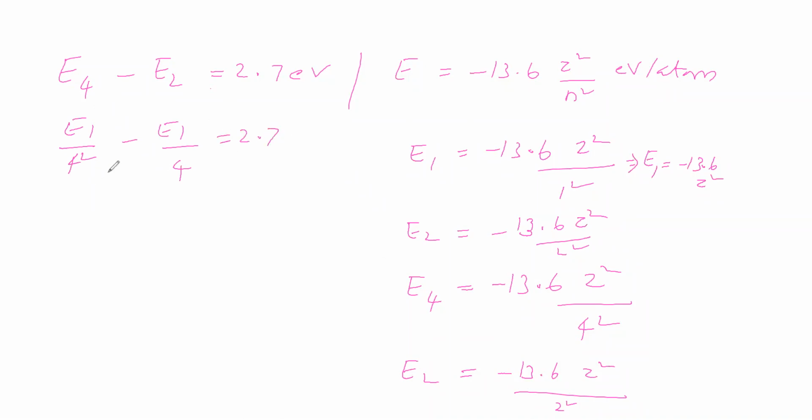Okay, sir. From this what can we calculate? E1 is equal to minus 14.4 electron volt. That means the energy of the first level. If you take this as positive, you will get the ionization energy. Therefore the ionization energy is equal to plus 14.4 electron volt, we got it. Next we have to find the maximum energy.